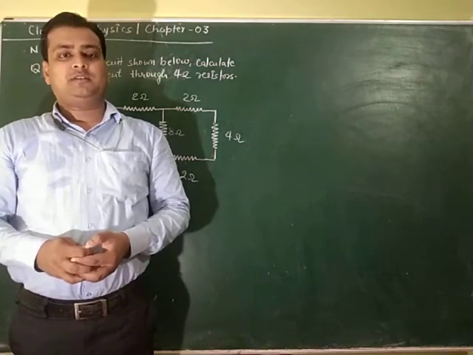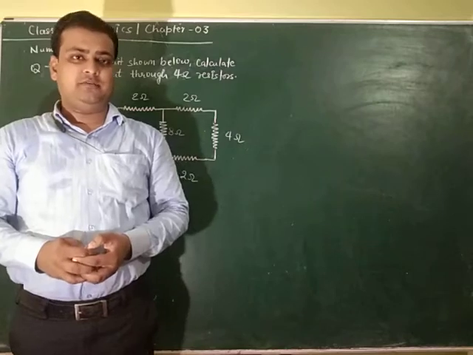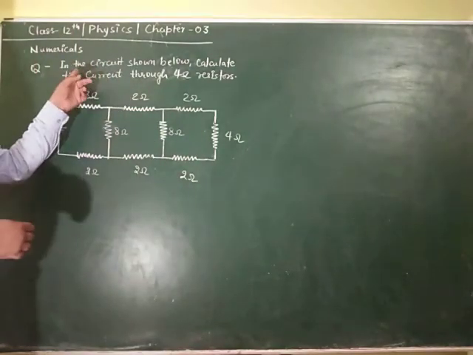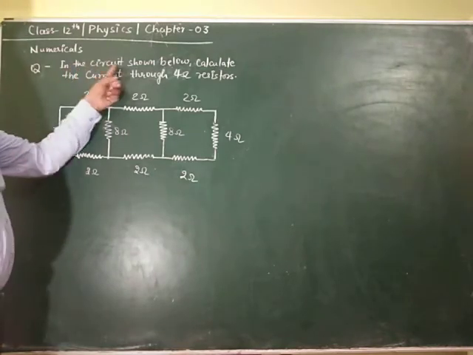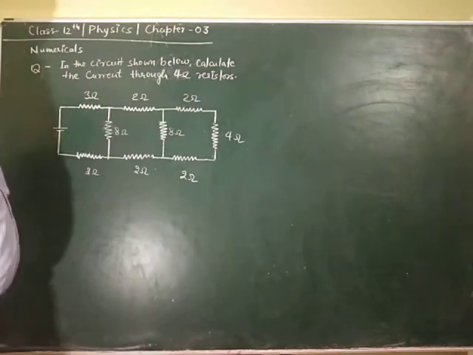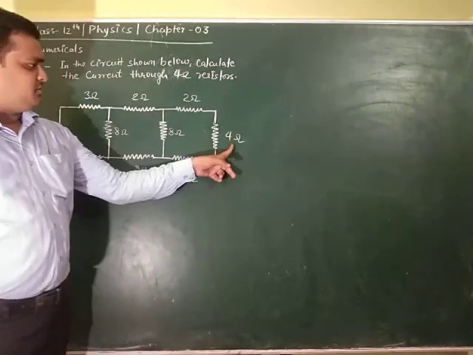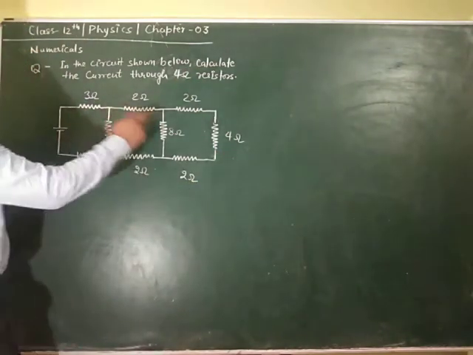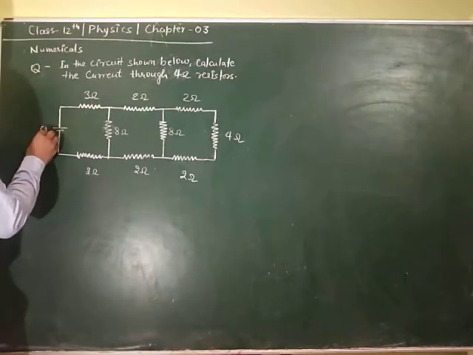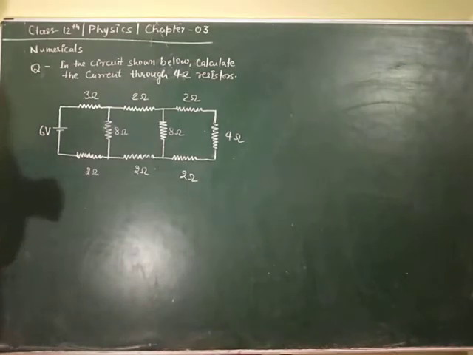Here I am discussing some numericals based on the KVL. For that, you can see the question given: in the circuit shown below, calculate the current through the 4 ohm resistor. So this is our 4 ohm resistor here, and we have to calculate this current. For this, a voltage is also provided, that is 6 volt, which is a battery given here, and the circuit is shown as